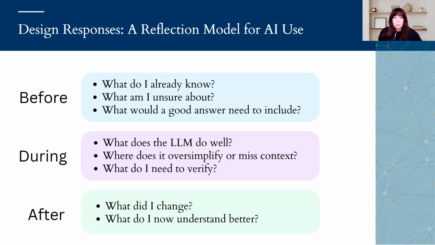During the process, we may be reading the LLM output and we want to think about what the large language model accomplishes well. A couple of you in the discussion portion noticed that in your own domains ChatGPT, for example, is doing some things really well and in some places it's still struggling. So you are engaging with these processes. These are questions that you or your students might ask: where does the AI oversimplify or mix context, or where does it hallucinate, if they're able to identify that? And what content do I need to verify?